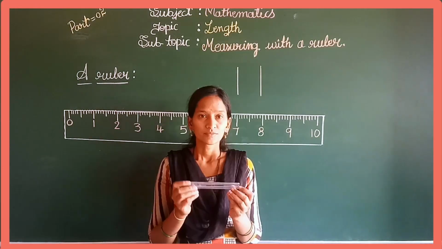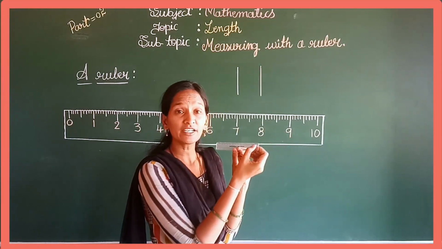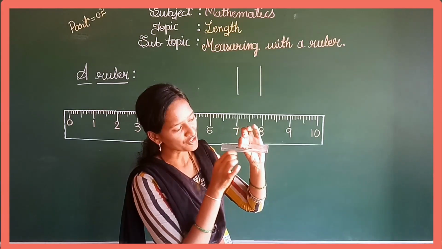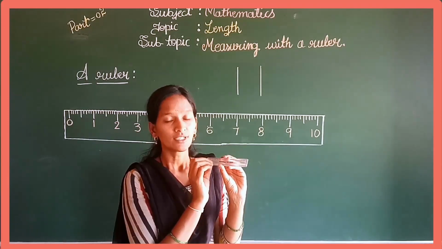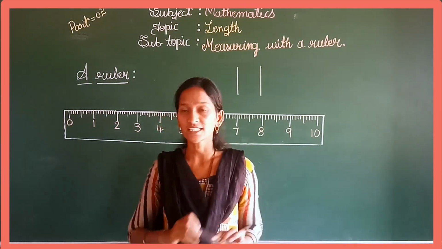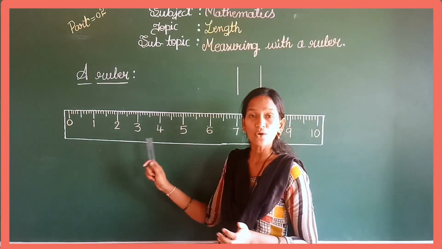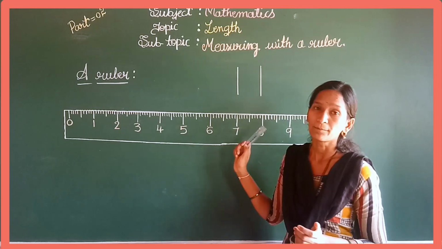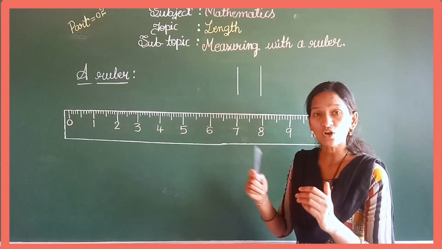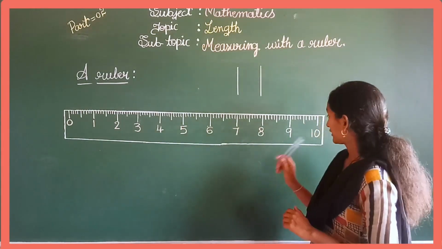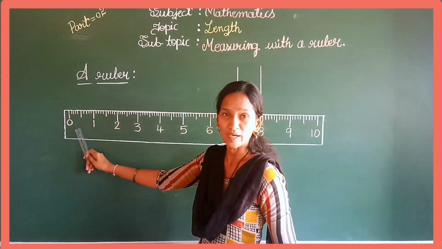Yes. So students, it has two sides. See here, this is the centimeter side and this is the inches side. So it shows inches to us and it shows centimeters to us. See, look here, this is your ruler, right? So on this ruler we have some numbers along with big marks, right? So these are all numbers, right? Which is the starting number? 10 or 0? Yes, 0 is the starting number, right?